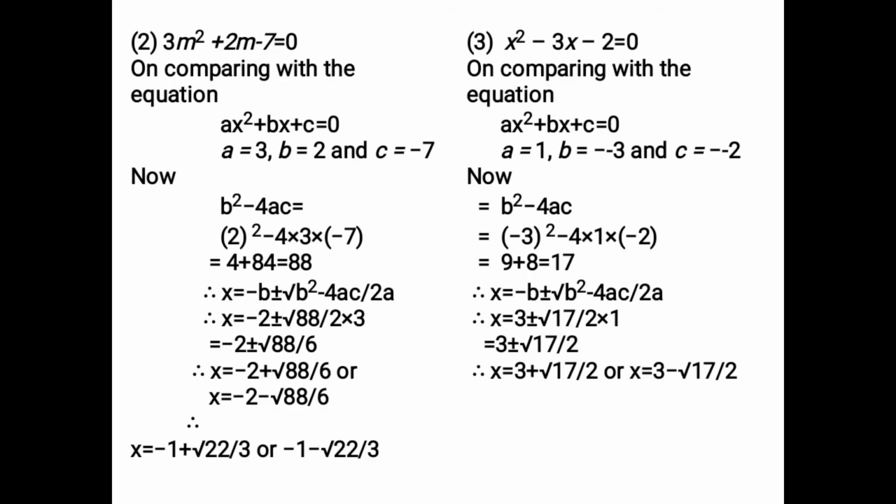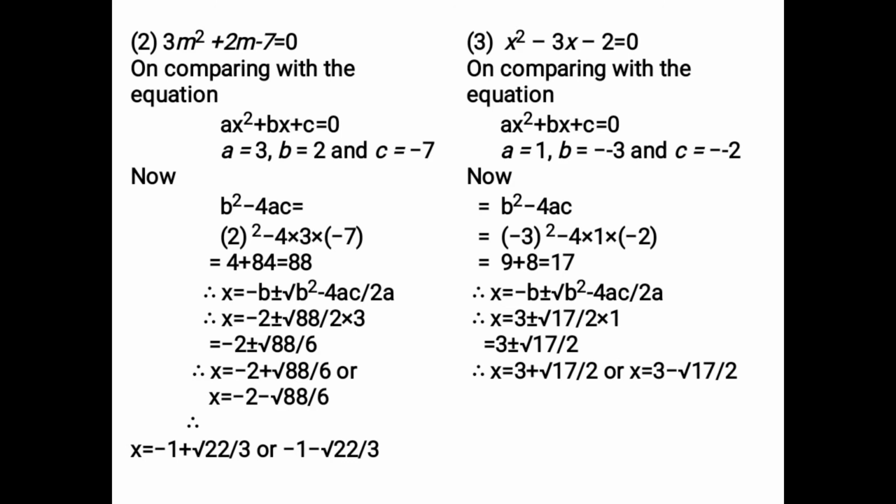Therefore x is equal to minus 1 or x is equal to minus 5. Second example, 3m square plus 2m minus 7 is equal to 0. Compare this equation: a is equal to 3, b is equal to 2 and c is equal to minus 7. Now b square minus 4ac is equal to...